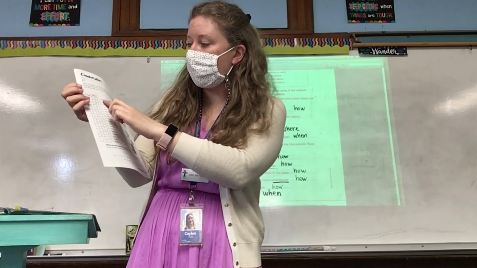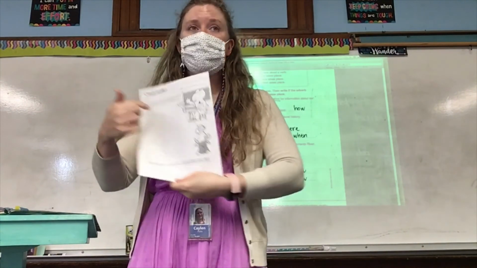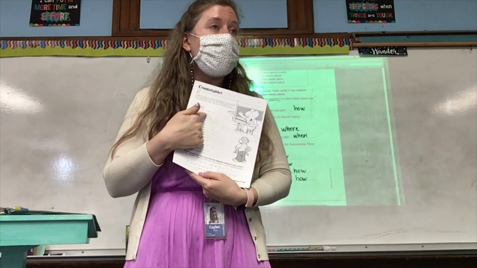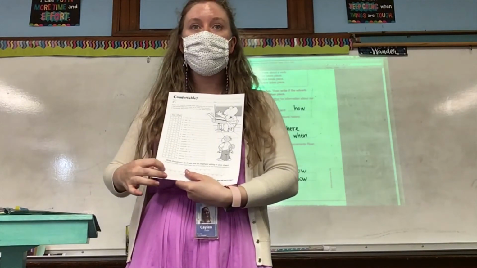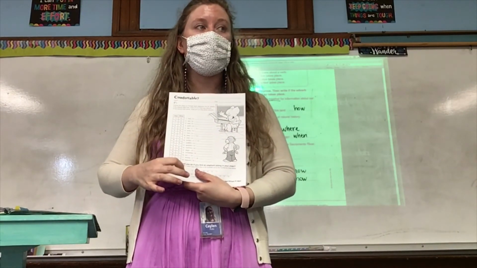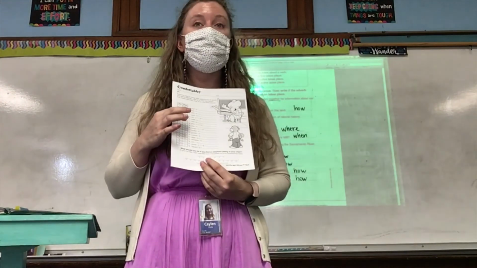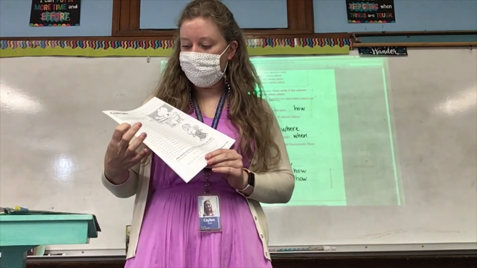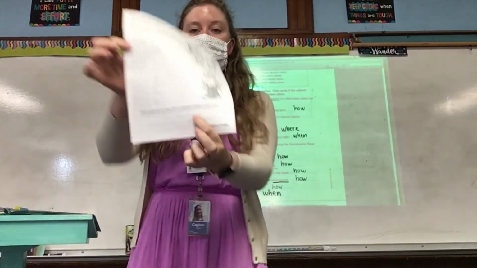So follow the directions to change each of these adjectives into an adverb. Then think of a verb. If that adverb tells how the verb happened, put an X over the letter in the how column. If it tells when the verb happened, put an X over the letter in the when column. At the end, whatever's left, the letters that are not crossed out, match them down here. So number 1, whichever one is not crossed out, put it on the line with number 1 below it.